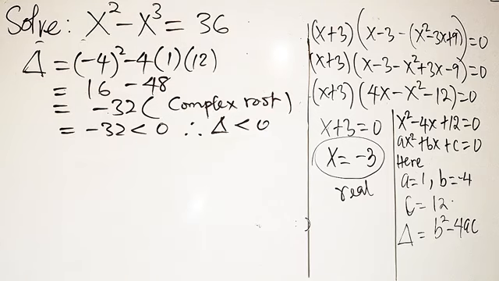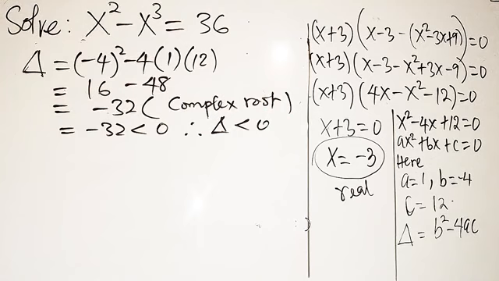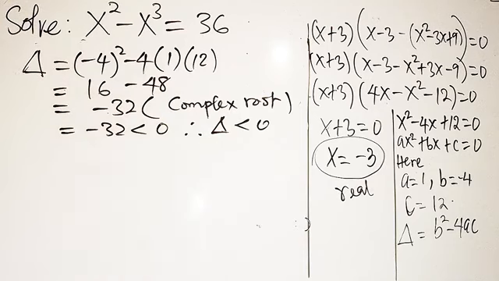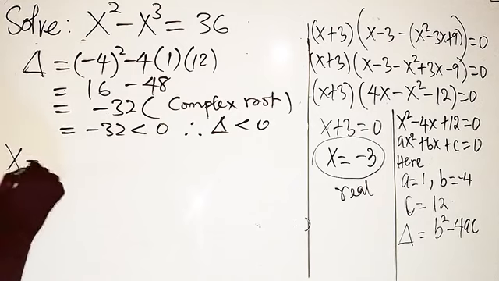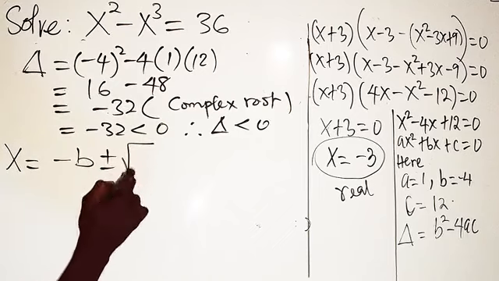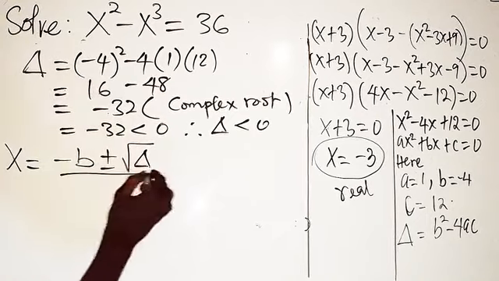But since the question said solve the equation, it means solve for every value of x we have. They didn't say we should solve for real numbers. If they had said we should solve for real numbers, we would stop here. So therefore, we need to get the other values of x. To get the x now, we're going to use the formula, minus b plus or minus the square root of the discriminant, over